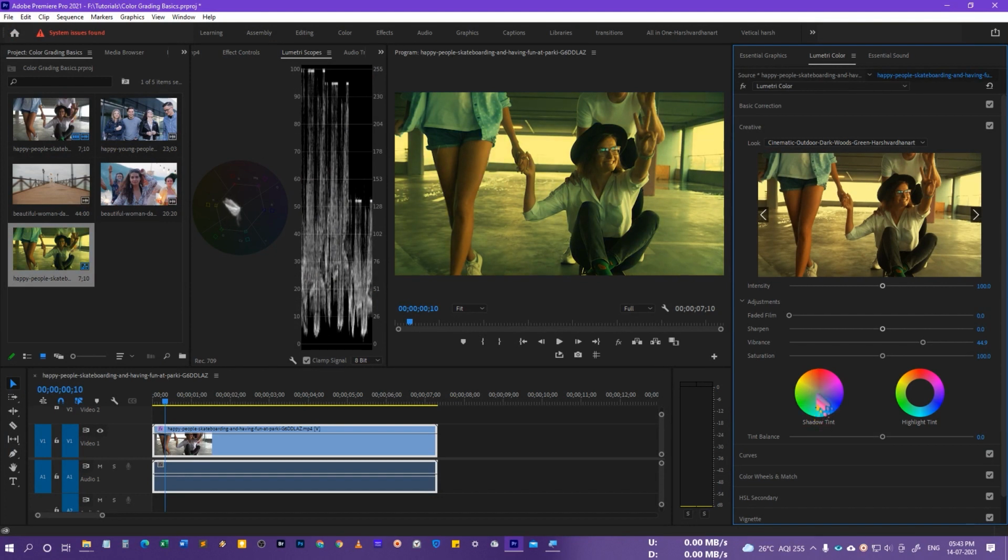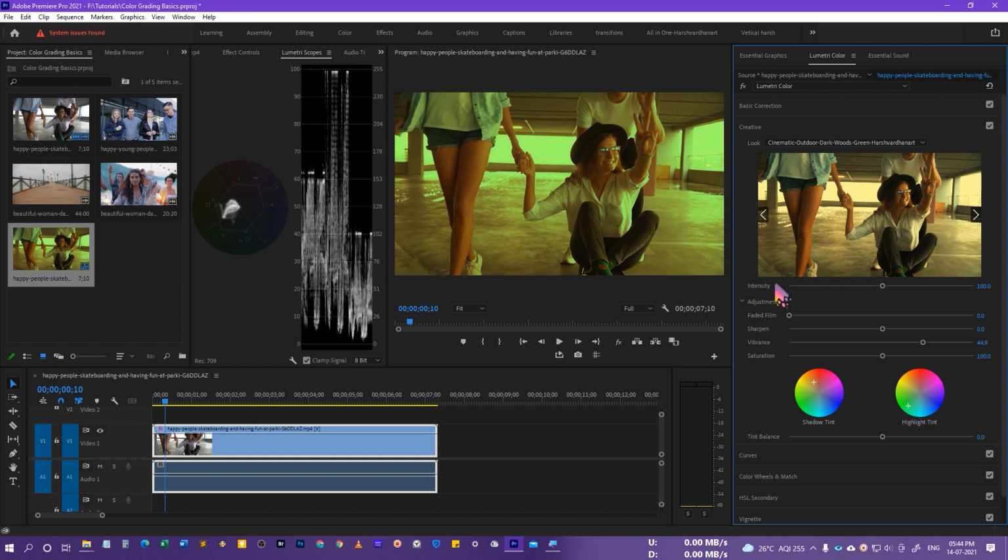All right, and similarly, let me introduce some of, let's say, this color. Or let's add, let's say, this one. Let me add a little bit less saturated, and then we have the option of shadow tint or highlight tint. If you want to introduce, let's say, teal color, I'll just click it. You can see how the shadow color is changed to the color we have just selected.